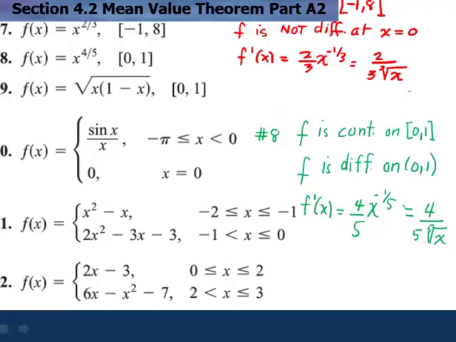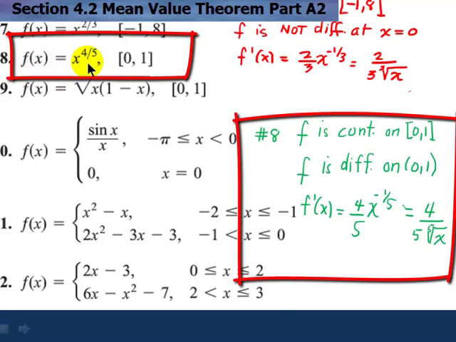Number 8, we take f of x equal to x to the 4/5. When you differentiate f of x, we'll have 4/5 times x raised to the 4/5 minus 1, which is -1/5, and that's just equal to 4/5 times the 5th root of x. Now here, the 5th root of x being in the denominator would mean that it's not differentiable at x equal